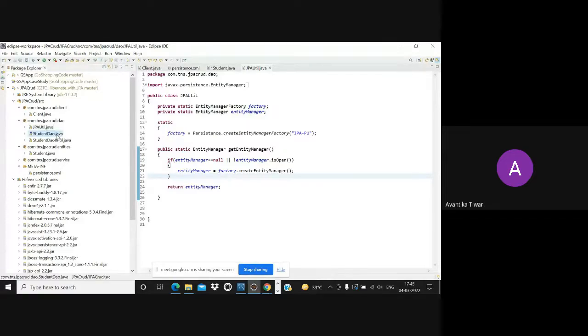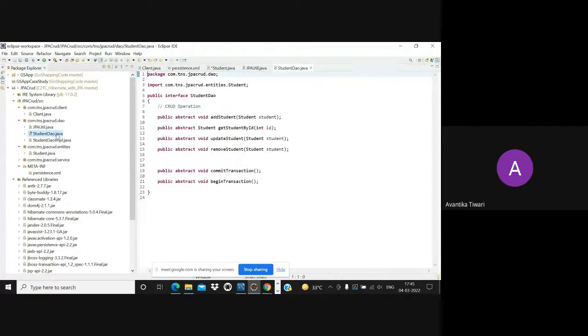Let's say this student data access object interface. I want my program to add a student in the database table. I want my program to retrieve the student as per the ID from my database table.